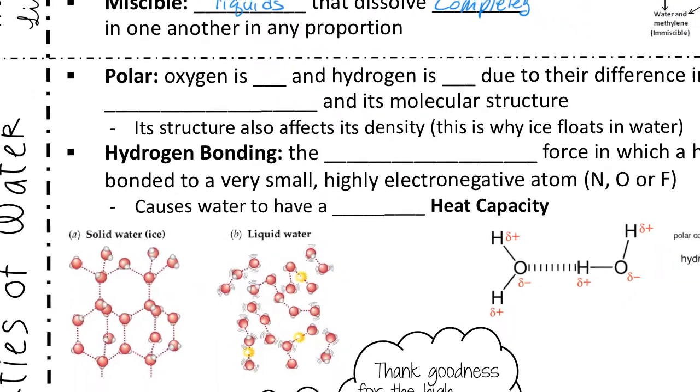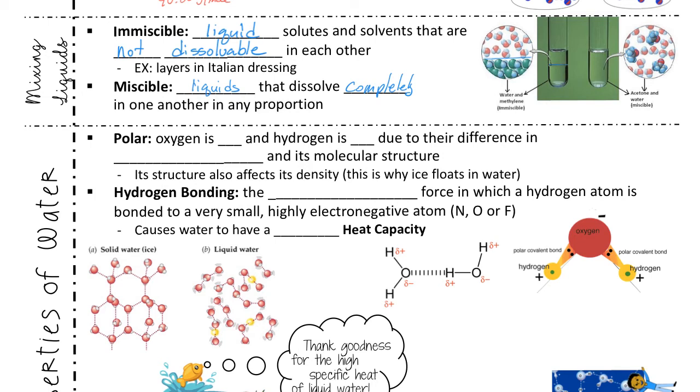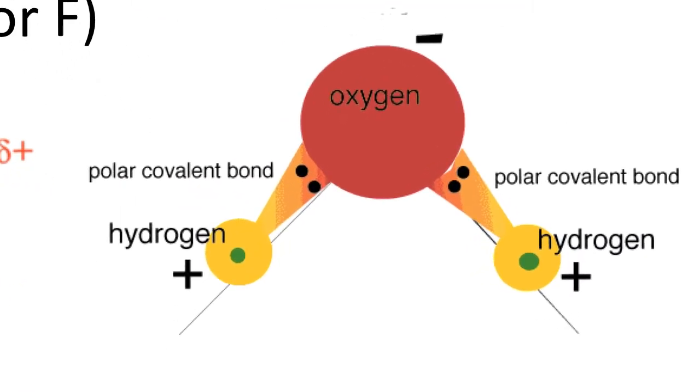Okay, on to properties of water. We did a video where you answer some questions watching a video, so this summarizes that video. So, polar: oxygen is negative and hydrogen is positive due to their differences in electron attraction and the molecular structure. So, zooming in to our water molecule here, oxygen pulls